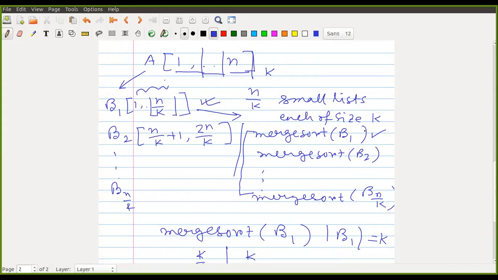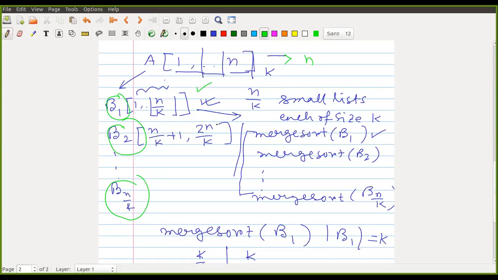Let's go back. Originally we had an array of n elements. Based on these indices, we created n by k different arrays. Each of them I'll sort using merge sort, and then using the merge procedure with a min heap, we'll create a union of them.